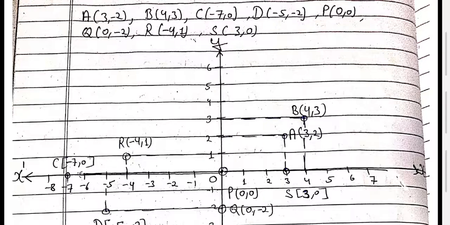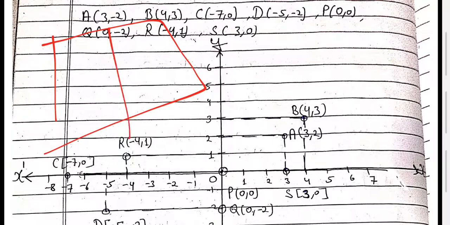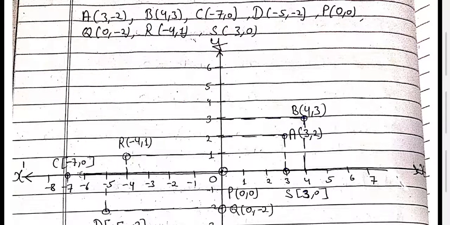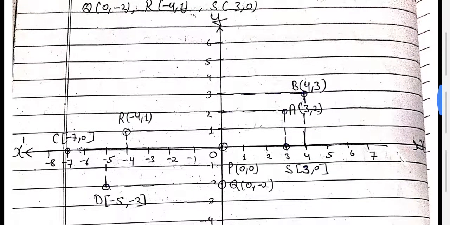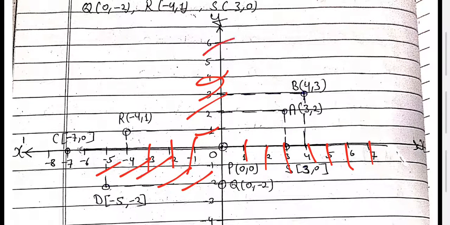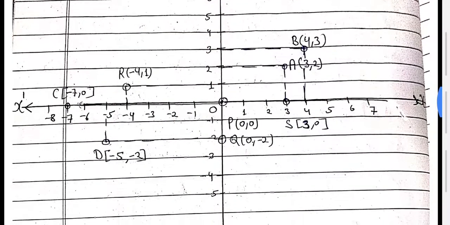On graph paper, all of you know that green graph paper, with some small lines and some boxes, this is known as graph paper. On that you have to draw one line, the x-axis, and that is the y-axis. Right is positive, left negative, upward positive and downward negative. Now you plot the values 1, 2, 3, 4, 5, 6, 7. On the left it is negative, so write minus 1, minus 2, minus 3, minus 4, minus 5. Here also 1, 2, 3, 4, 5, 6, and downward negative: minus 1, minus 2, minus 3, minus 4, minus 5, minus 6.